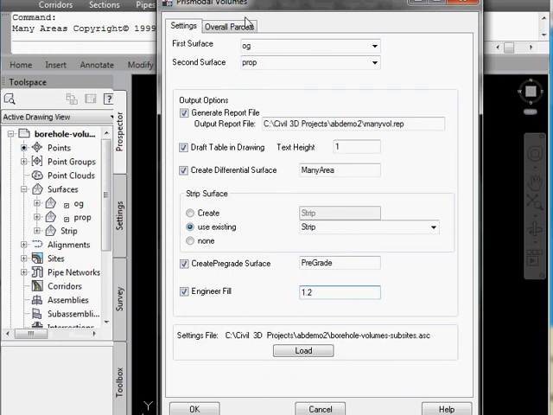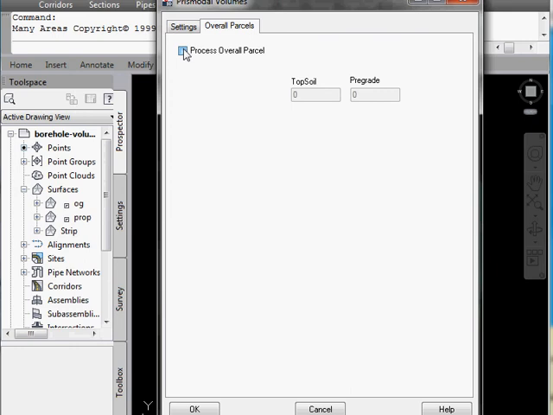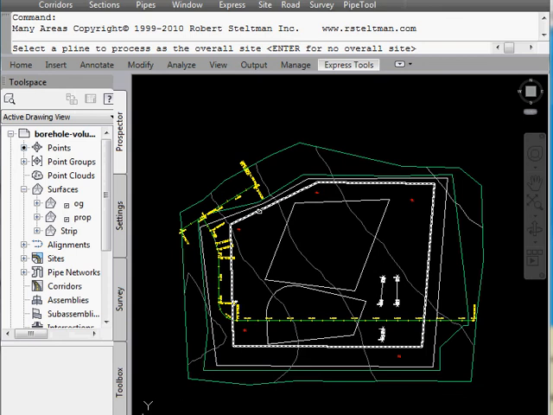We're also going to select our overall parcel, and this will use default values of 0.3 and a pre-grade depth of 0. And so whatever isn't inside the individual parcels but is inside this overall parcel, it will use these default values. We're going to select our polyline,